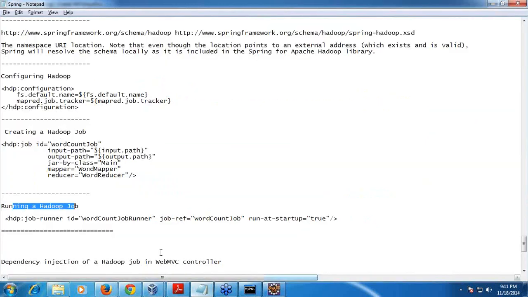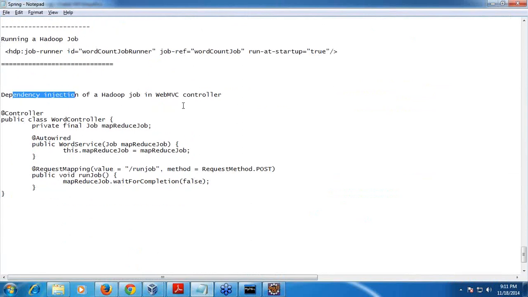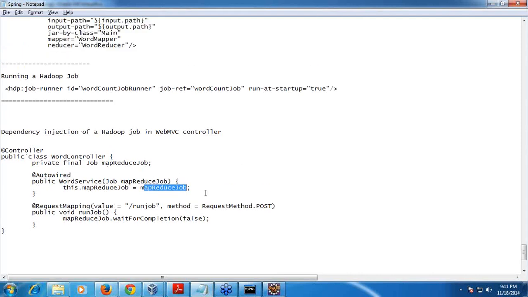So again, in this, how to run a Hadoop job is this finally, and how to implement dependency injection in a web MVC, I've just given a brief. So once you learn web MVC, you can also use request mapping to run the job, auto-wiring this web service which creates this job. You can try this later, once you are thorough in web MVC, you can try this.